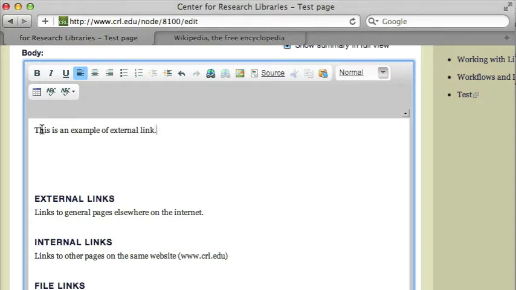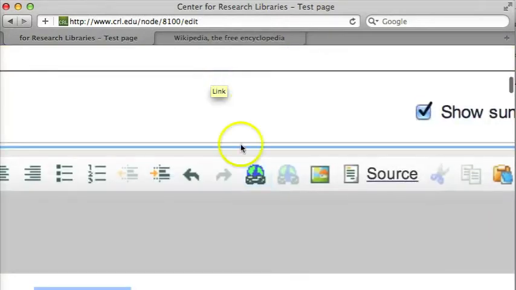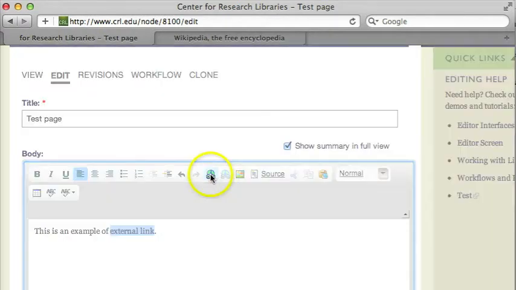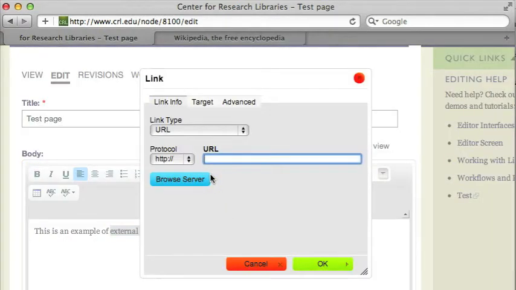Now the process when building a link of almost any type always starts out the same. Within your content, you're simply highlighting the text that you want to convert into a link, and then looking up here in the toolbar for the link button. And when you click on that link button, up pops the link editing dialog box, and within here you have a number of options and tabs and pull downs and things, but the only thing that you're really ever going to need to touch is this box where you define the URL,